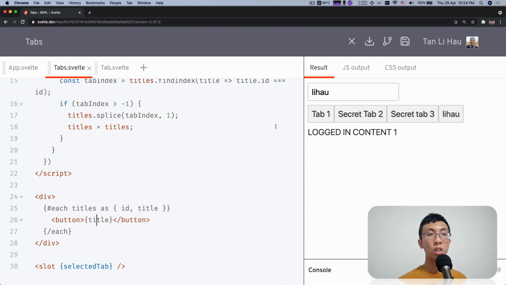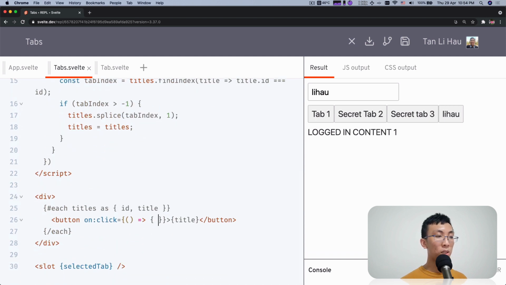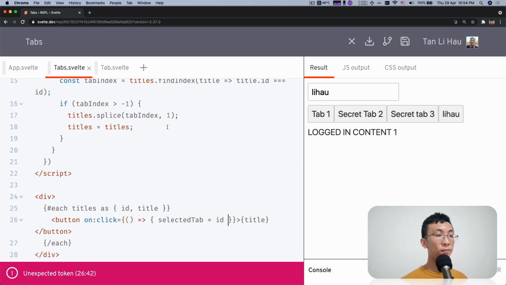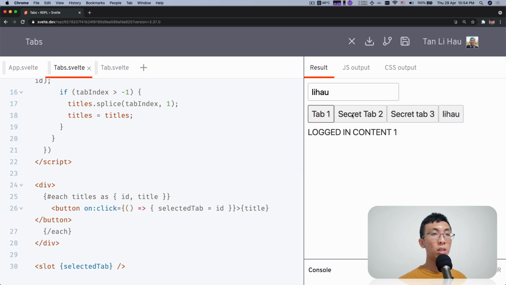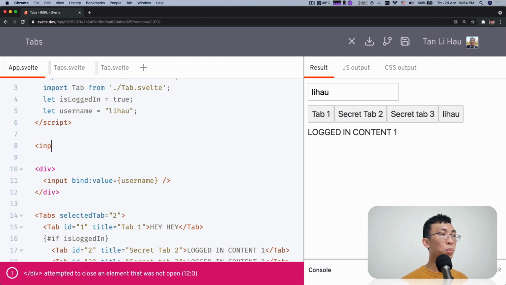Right, so I have 4 tabs right now, and upon clicking, I want to set the selected tab to the ID, right? So here I have 4 tabs, and if I come over here and say, for example, if I have a certain condition, input bind check